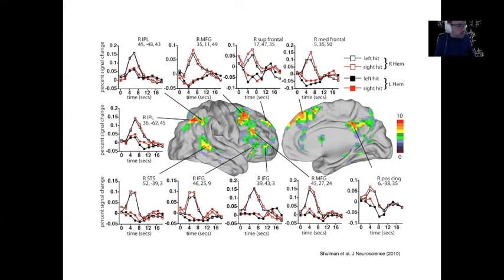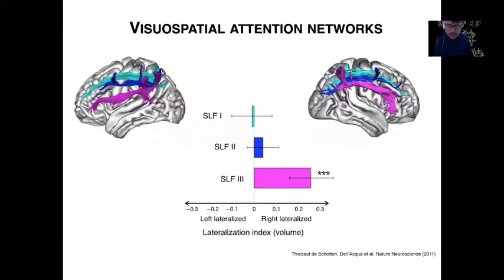So we tried to see whether this lateralization can be reflected by asymmetry in our white matter connections. And we found that whether you're looking at the volume or the caliber of your white matter tracts, they are bigger for the ventral part of the frontoparietal connections than the dorsal part. So the SLF3 is extremely right lateralized, the SLF2 is slightly lateralized, and the SLF1 is not lateralized at all. And that's a lateralization index that we're using here: right minus left divided by right plus left.